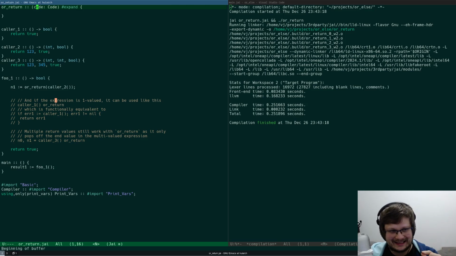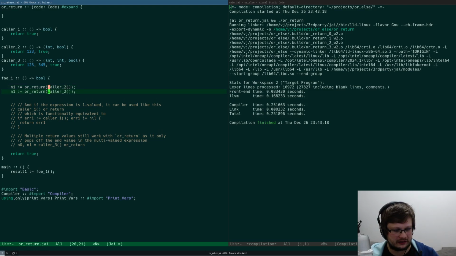First thing what we need. In or else we kind of enforced the procedure call, and I think we still need to enforce it, because right here we could accept any kind of expression via code, right?